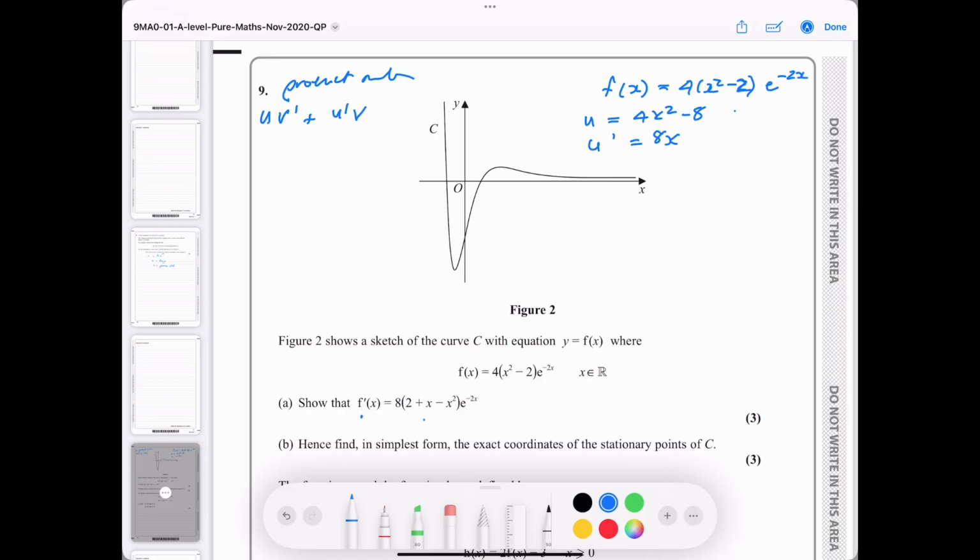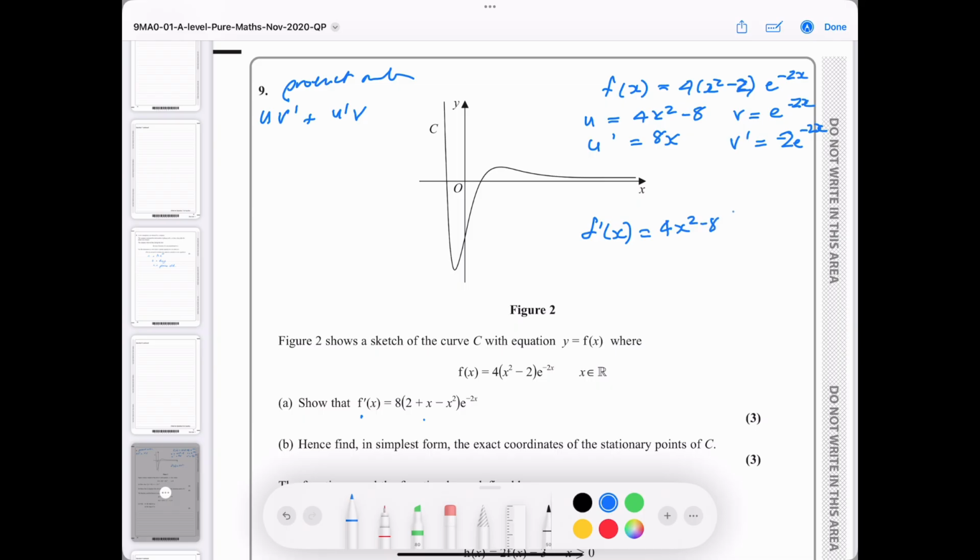And then v equals e to the minus 2x, and v' equals minus 2e to the minus 2x. Beautifully put. Right, so we know that for f prime of x, we will get u, which is 4x squared